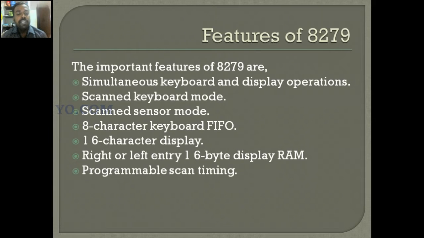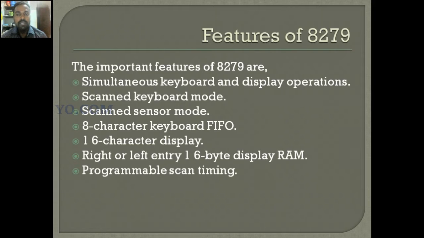Then right or left entry, 16 byte display RAM. So it has 16 bytes of display RAM, that is used to store the data that is going to be displayed on the LCD or LED. It may be a right entry or left entry. So the data is displayed on the LCD device from right entry or left entry.